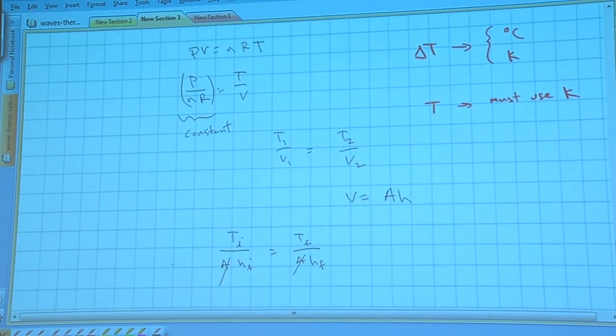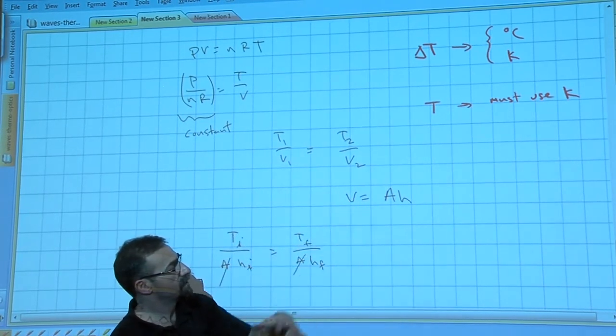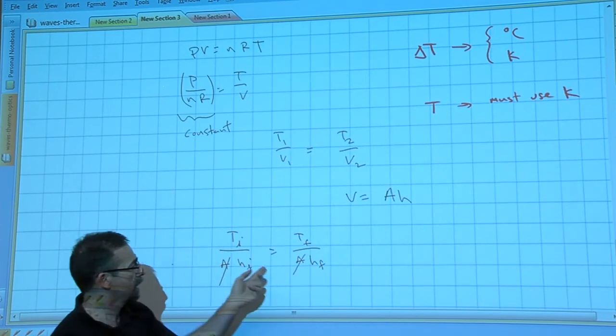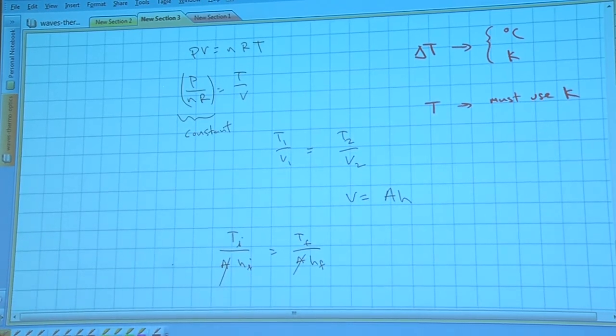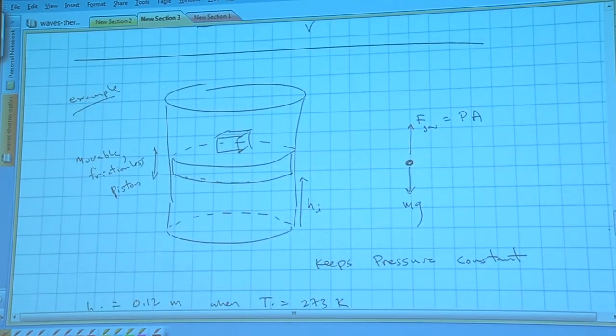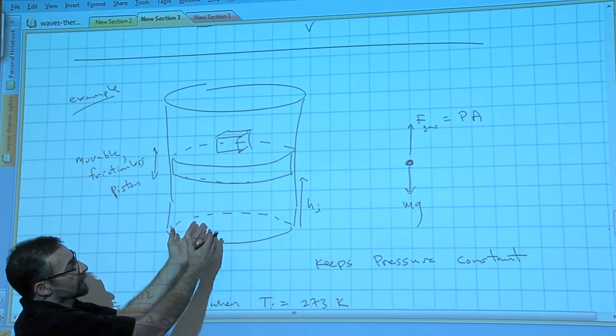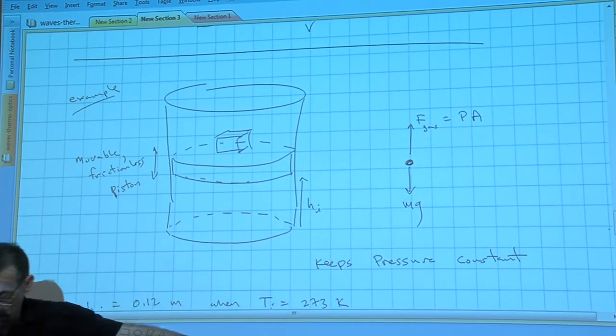So in this case, we can plug in our values, and the volume of a cylinder is the cross-sectional area times the height, and we can figure out what the final height is given the gas increase in temperature. And it makes sense now, right? We know something about gases. If we put some heat in and we increase the temperature of the gas, right? We've gone from 273